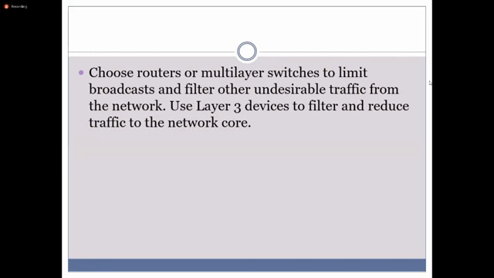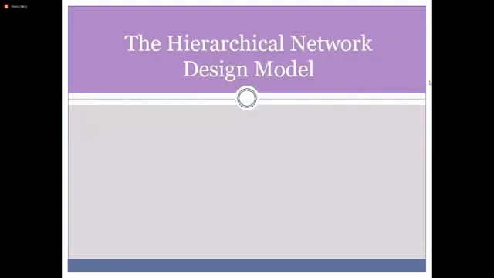there is a conceptual model, that is the hierarchical network design model. So you can divide your network into that hierarchical model, so you can easily resolve the matters pertaining to you when you are in the field. If you have a problem at the user level, then you will know it is an access layer issue. If you have an internet problem in the main area, that means the core layer. So you can identify your network problem by considering this hierarchical network design model.